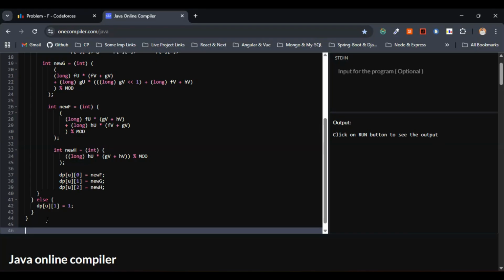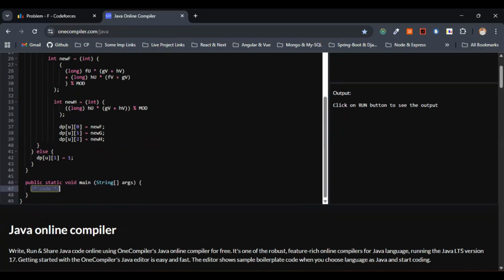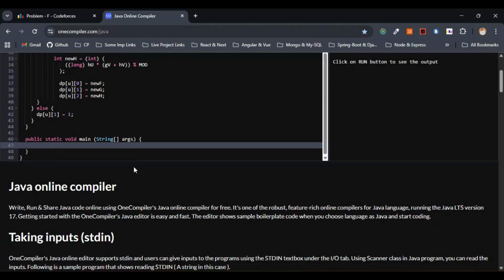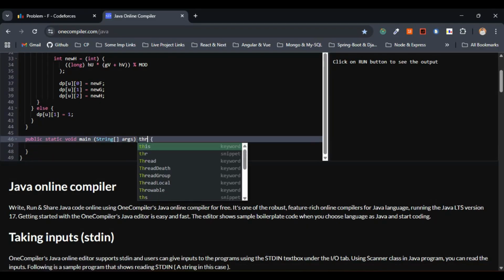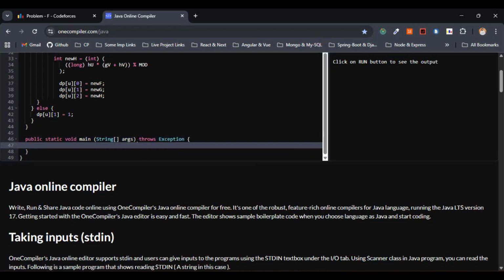Now we are left with the input and output part, and we will be making use of that DFS within the main method, right? So let's go with the main method of the function. Let me delete this one. I'll just go with throws exception. Within this main method, first let me go with